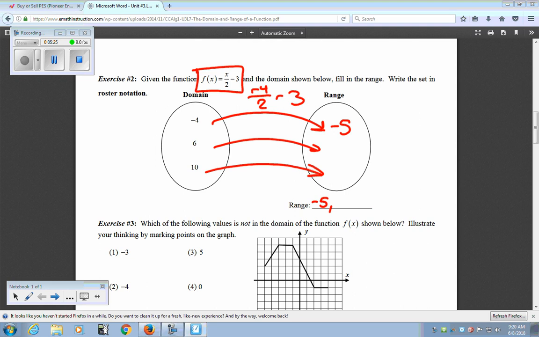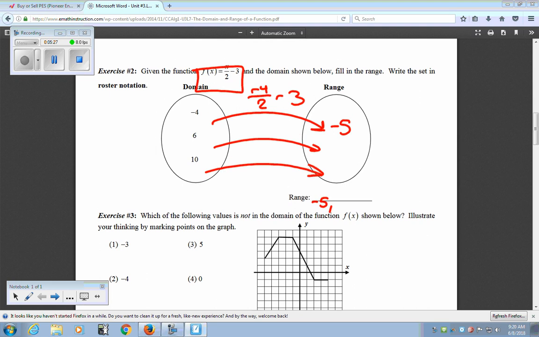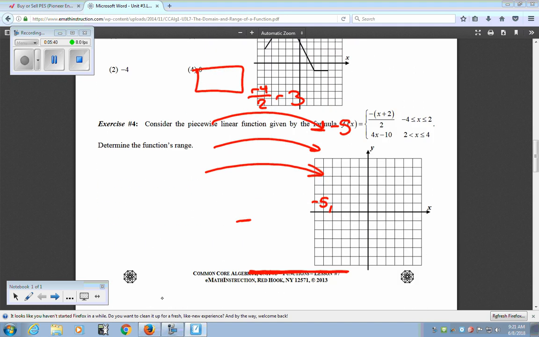I'm going to talk a little bit about exercise 3, but that's kind of like when we talked about which one of these is not in the domain. And again, these are x values, so you want to use the x-axis for this one. Okay, so make sure you use the x value for this one. And then from there, for exercise number 4,